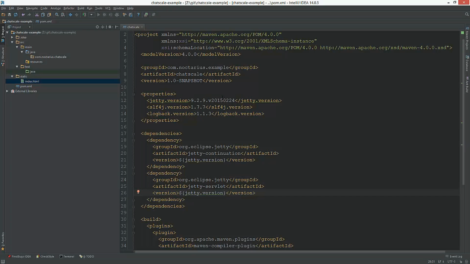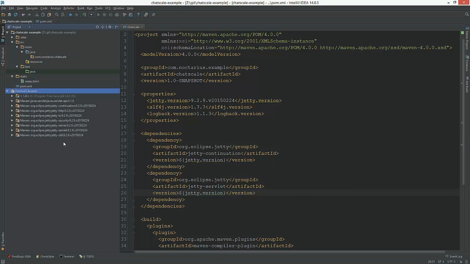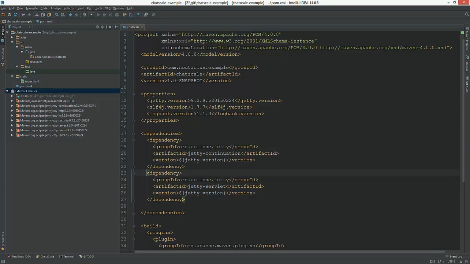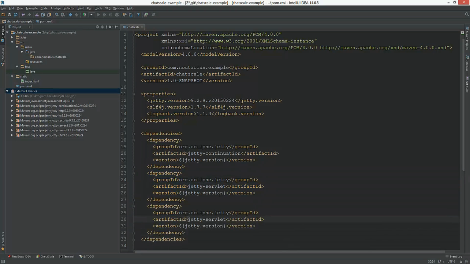So let's see, let's look into the libraries. I think there should also be like Jetty servlet, at least that, not servlet, WebSocket. But it doesn't, what is it saying?